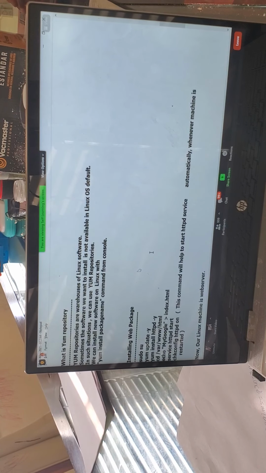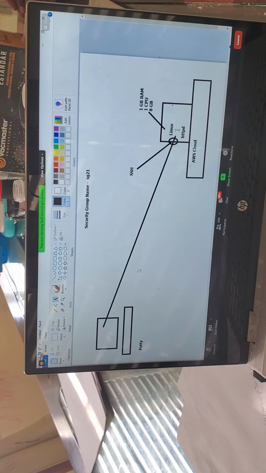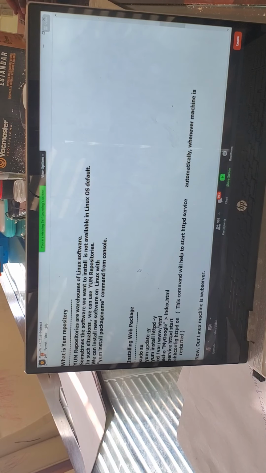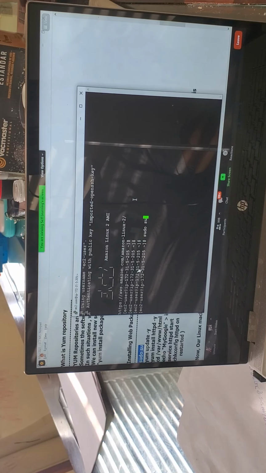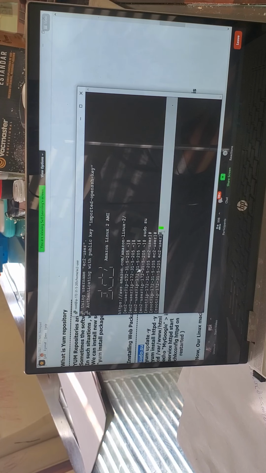Look at the commands to install the HTTPD software. First, sudo su. Su is a Linux command that stands for switch user, which will switch to root user. Can you see the response? Now you are in the hash prompt. Hash prompt refers to root user. First, you need to switch to root user. Root user is a high-level user where you don't find any issues in installing. So first switch to root user.